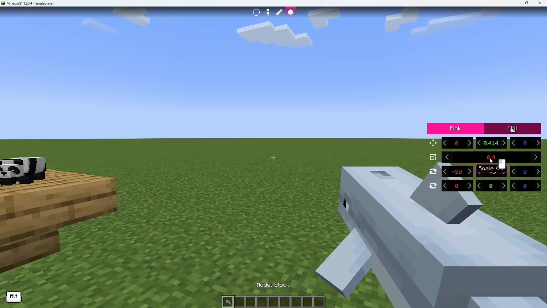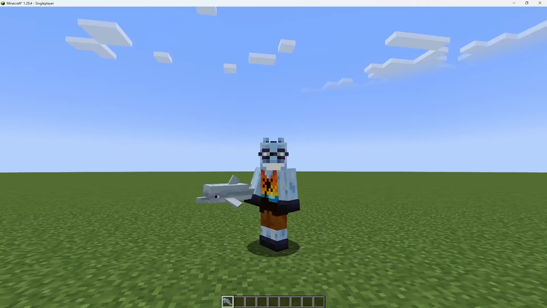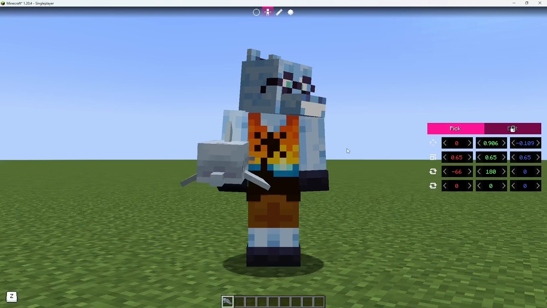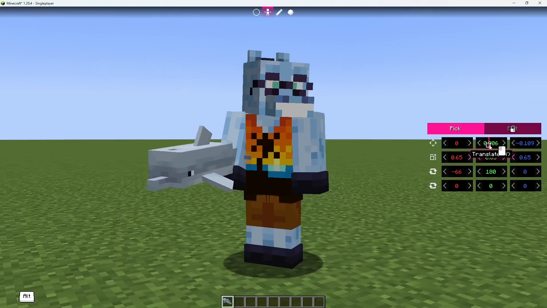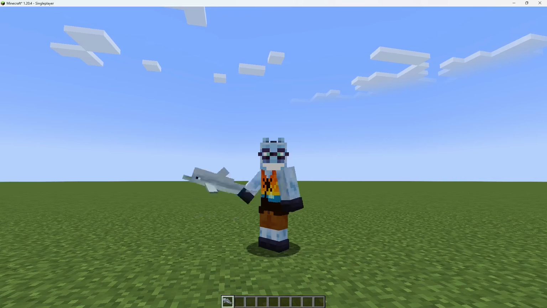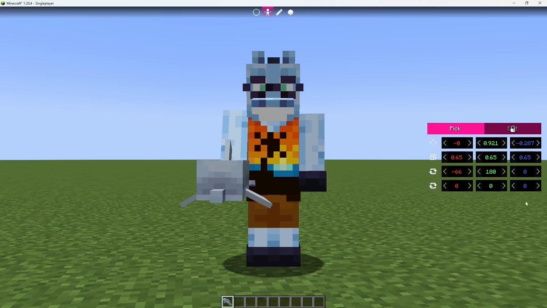Little dolphin, baby dolphin here. So yeah, now I configured all of them. Oh, and they look different. In third person, I probably should also bring it a little bit down. Like this. Let's see how it looks. It looks better. In addition to changing the transformation for each one of these kinds, you can also